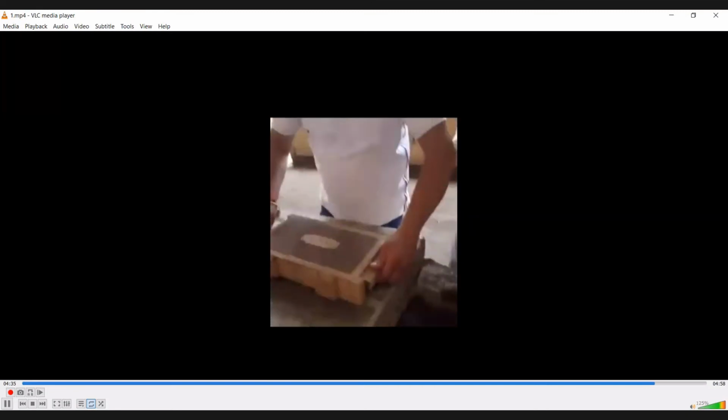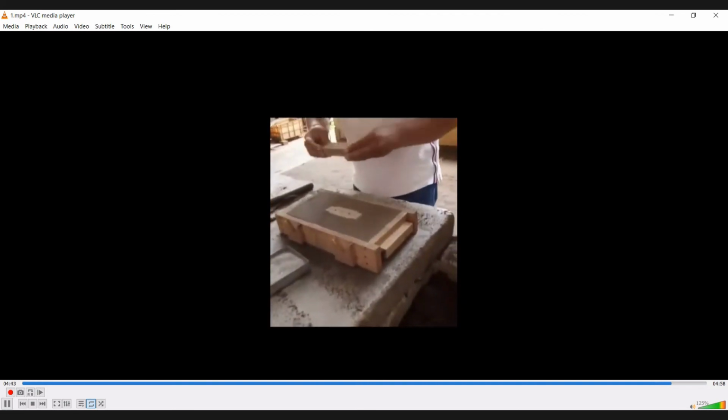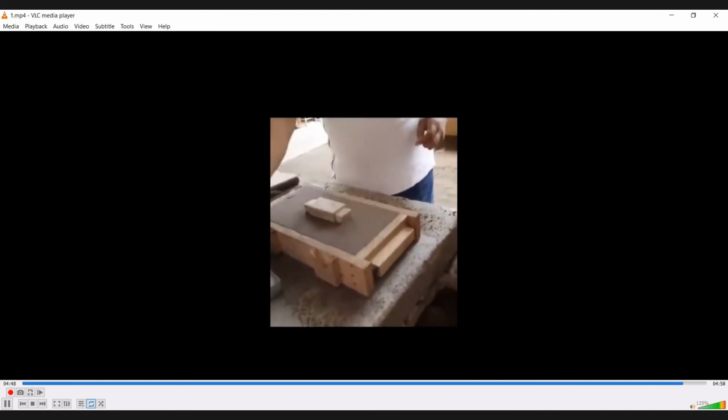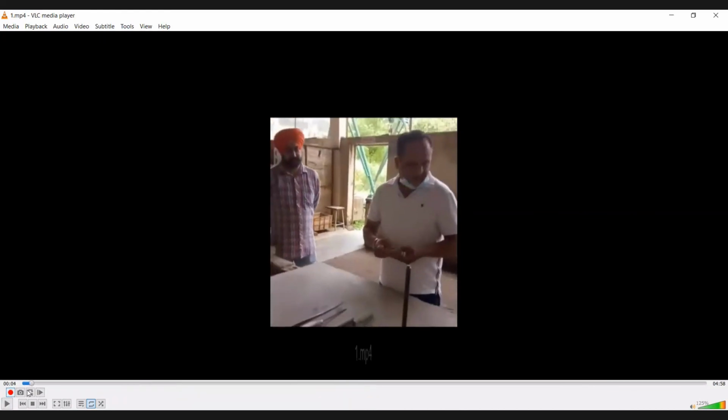You will find the pattern which is in the drag part of the molding box. Just ensure the hole is clean, and now place the upper part of the pattern this way. This is pure silica sand, pure river sand, used as a parting agent. That's why we call this sand parting sand. Every pattern dictates how to mold that pattern.